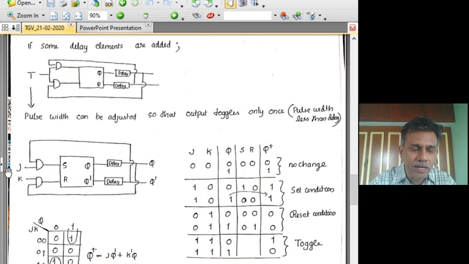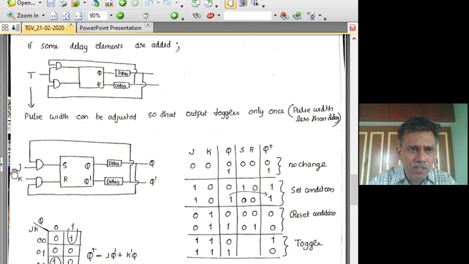So we will look at the condition when both J and K are 0 0. It is the same as the case when the T input is 0. Now we have taken it separately. So what happens when T is 0? The latch is disabled and it will retain the state. Similarly, when J is equal to 0 and K is equal to 0, S will be 0, R will be 0, and it will be a no change condition. So S equal to 0, R equal to 0, Q retains its value. Q plus is equal to Q, that is the no change condition.